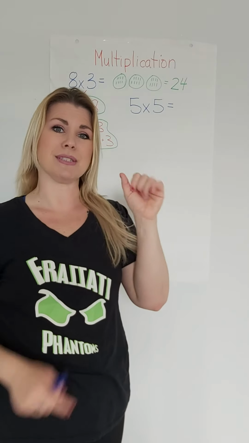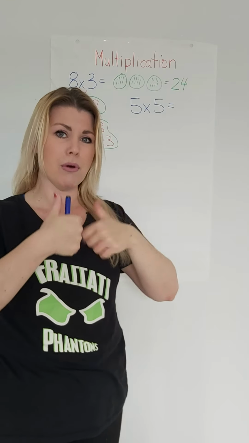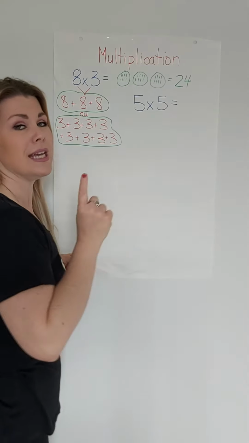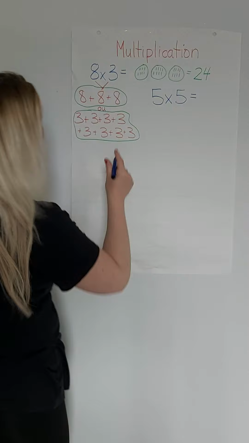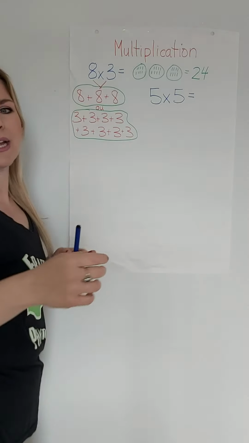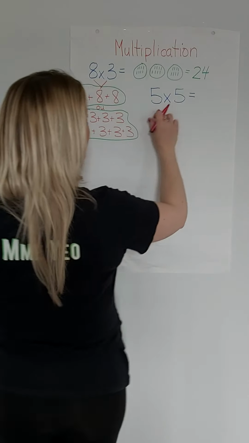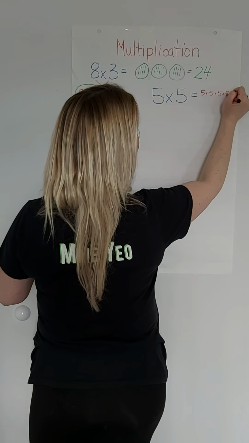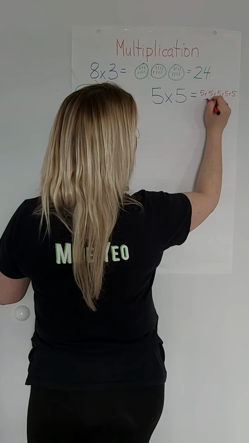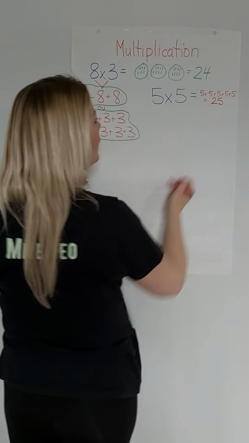Mais si tu as fait comme ça, tu peux compter par 5. Bravo, mais je veux que tu écrives ça, okay? Even if you know how to count by 5s and that's how you solved it, I want you to show me that you did that, okay? So, this is how I might answer it. I might say 5 plus 5 plus 5 plus 5 plus 5 equals 25, okay?